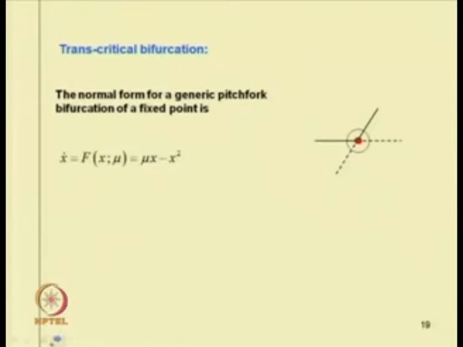Similarly, we have previously studied the transcritical bifurcation point, where before bifurcation we have a stable and an unstable branch, and after the bifurcation the stable branch becomes unstable and the unstable branch becomes stable. That means they have interchanged their stability. Though the number of branches remains the same, the change in stability occurs in the system. So, due to the change in stability of the system, this is known as a transcritical bifurcation point.